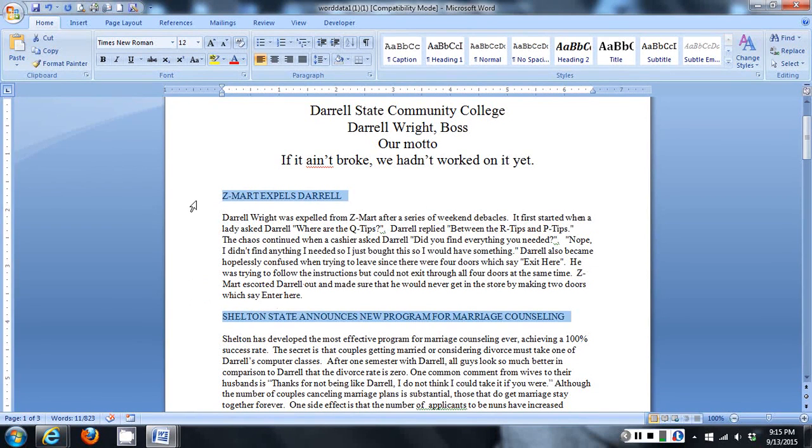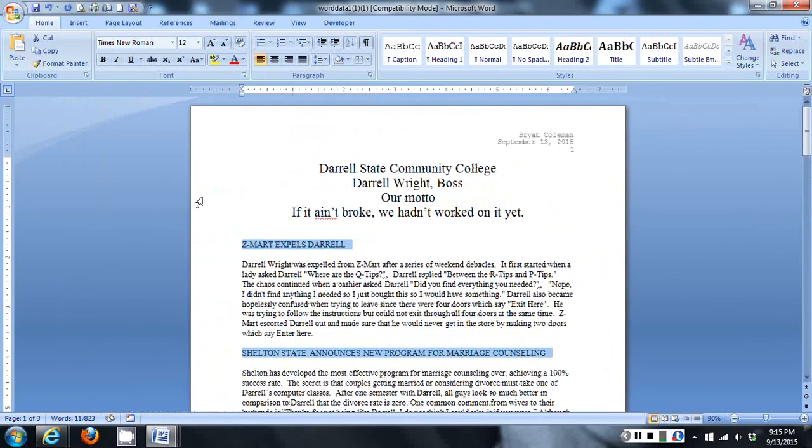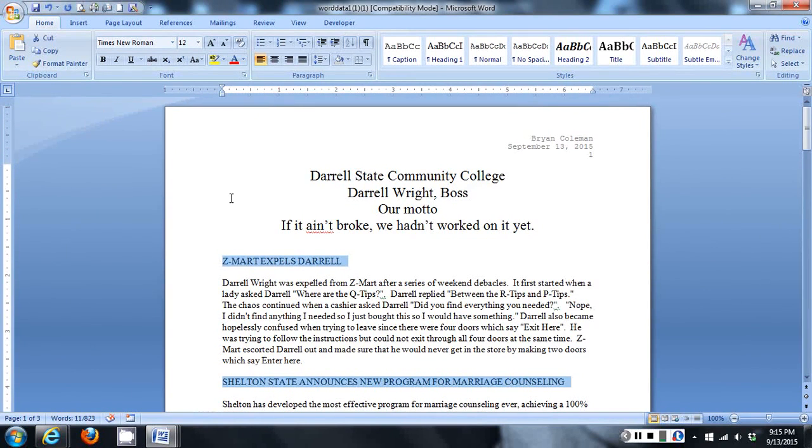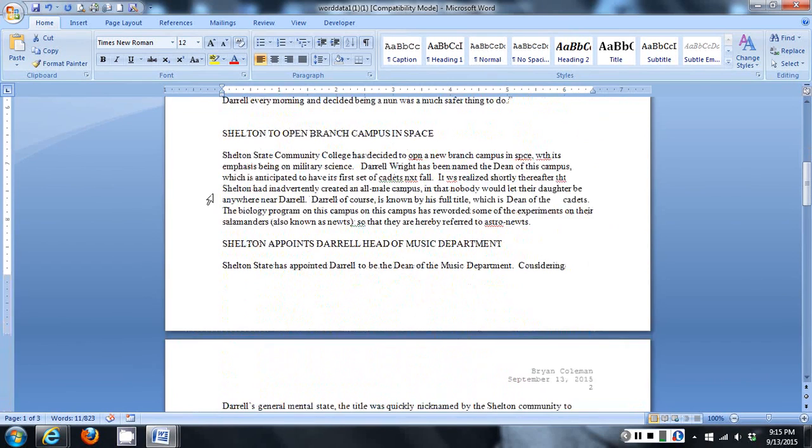Now, while you're scrolling down the page, do not hold down the control key, or what it will do is change the size of the document. As you can see, that's what it does. That's when I hold down the control key, use my mouse wheel, that's what happens. So we don't want to do that. We want to release the control key, scroll down to the next group of headers, hold down the control key,